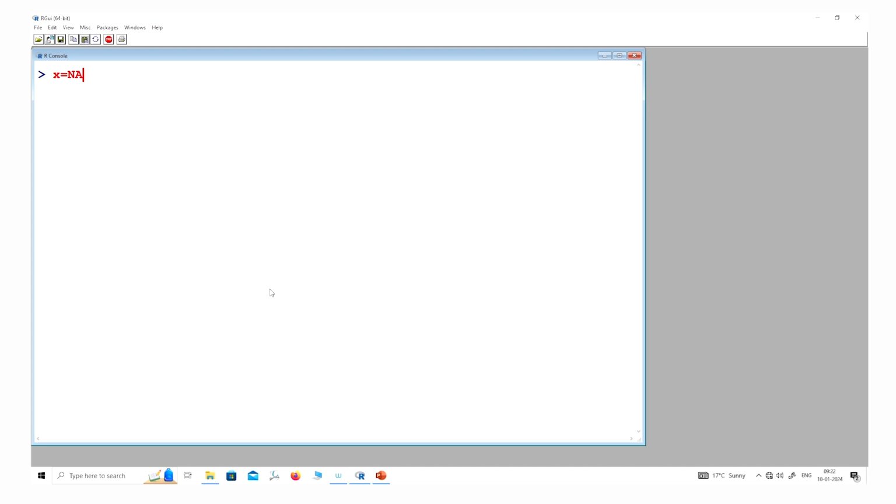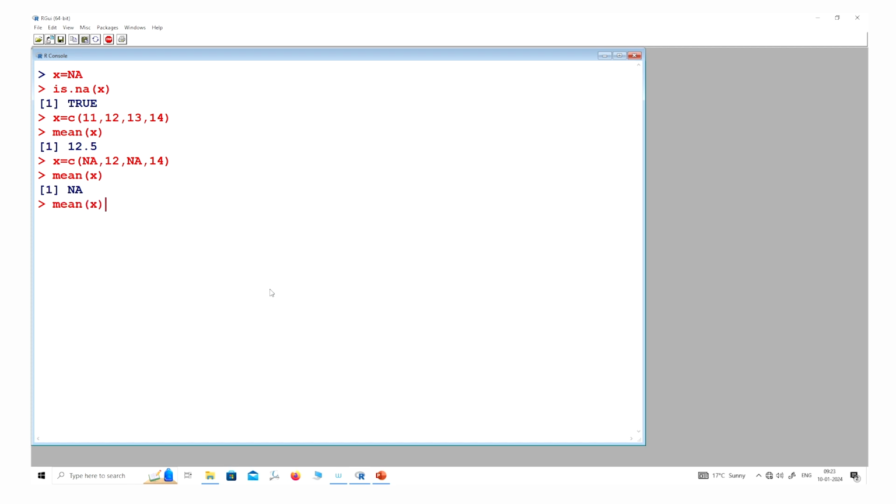If I take x equal to NA and say is.na(x), you can see that this comes out to be TRUE. Similarly, if I take another vector 11, 13, 14, you can see the mean of x comes out to be 12.5. On the other hand, if I make two values NA, or even one value, it doesn't make any difference, then the mean of x will come out to be NA.